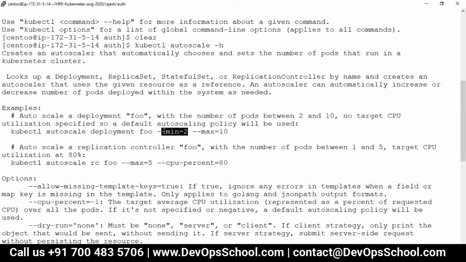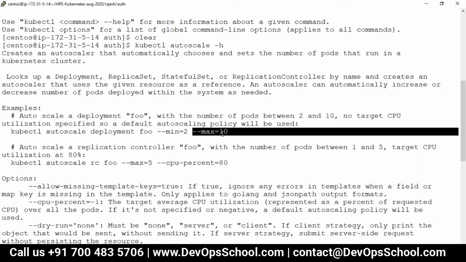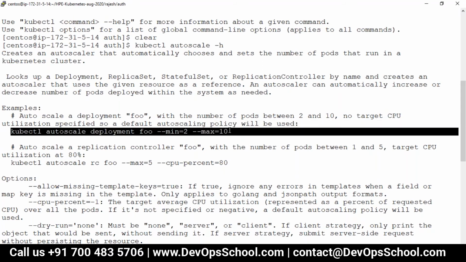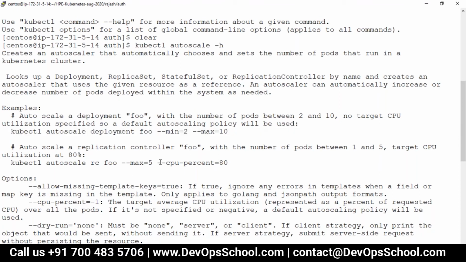Minimum it will be 2, but if it is more than the threshold, it will go up to 10. So here you are setting up the scale. Now the scale has to be supported by some rule also. So some rules, like you see in the next command, kubectl, see here, maximum 5 if it reaches the CPU threshold 50%, 80%.